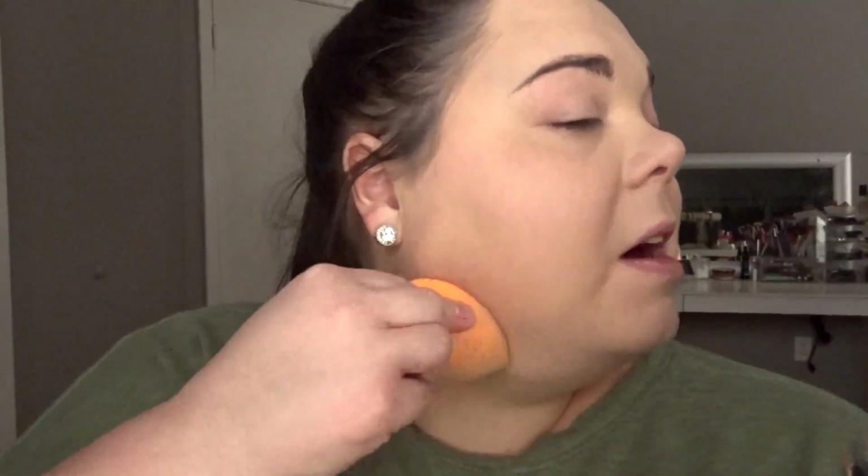One pump. This might be kind of light. What about the smell, guys? I'm going to go in with another pump. I don't know that I think this is full coverage. This is too light. Clinging to a few dry patches right in here, but overall, I'm not mad at it. That's one pump. Why does this look like two different foundations? I don't feel like I can see my skin through the foundation. I need to bring it down a little bit. It's a little lighter than I would normally go, but...